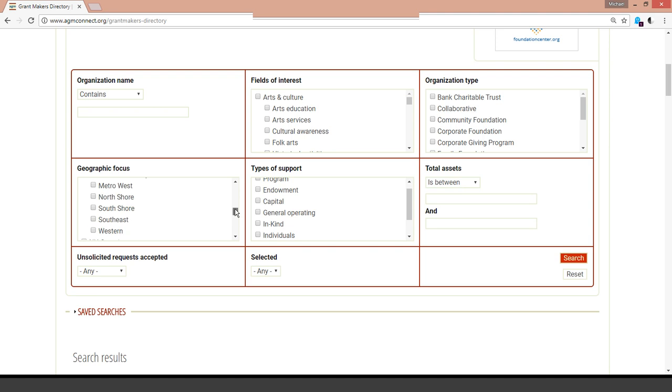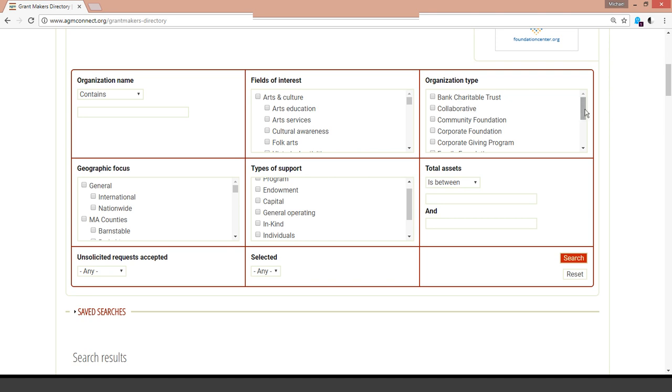Geographic focus. And again, in this database, we are already narrowed down to Massachusetts and New Hampshire. So for most programs, I'm not going to include additional filters here. I might add it on later as an additional filter, but because we're already narrowed down to Massachusetts and New Hampshire, it's not as necessary. But you can definitely go in and dial down to some specific areas to see if there are highly specified focuses from some funders. But most of them are going to be at the state level, so no need to dial down